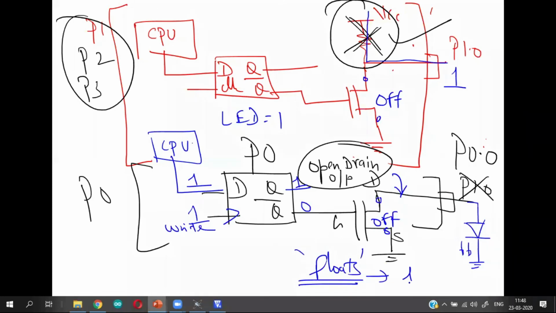It is neither 1 nor 0. It simply floats at a high impedance state. So that is the reason why in parallel port 0, if you connect a load and write a statement like LED equal to 1, the LED will not actually go to 1. It will simply float. Probably you can just check it in a Proteus platform.